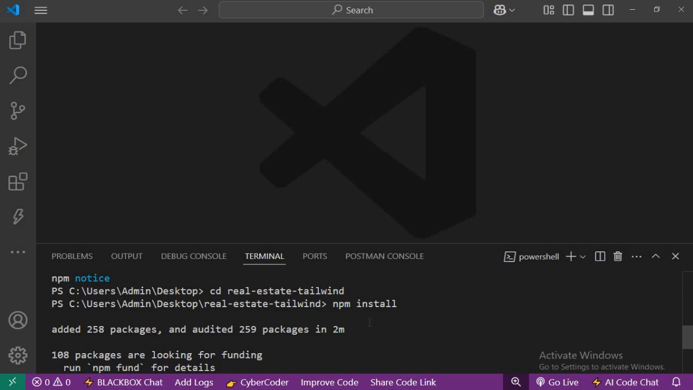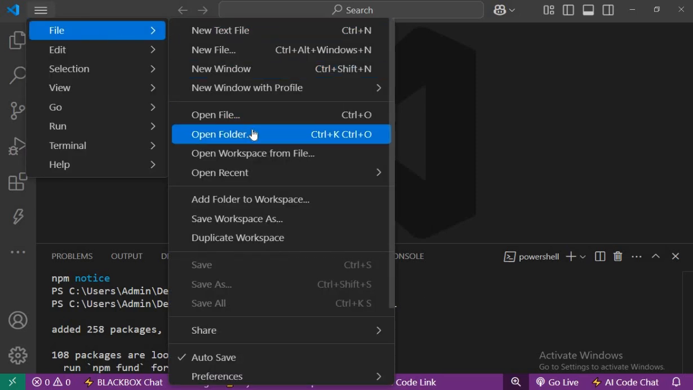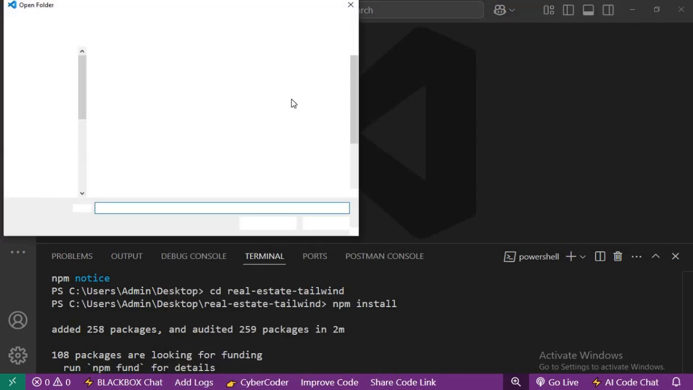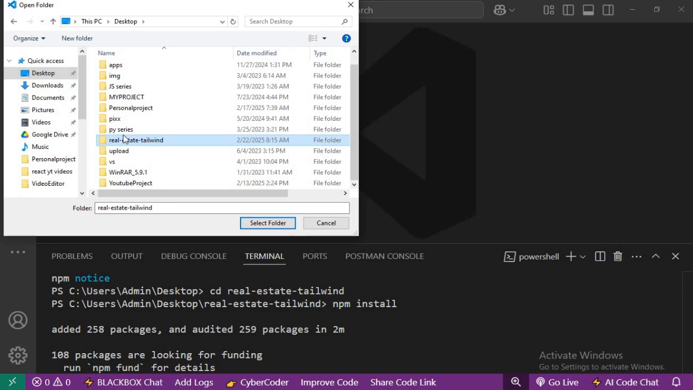So now our React app has been successfully installed. The next thing we're going to do now is to run npm run dev. But before that, we need to open our project folder in a new window. So we'll come right here, click on file, navigate to open folder, then click on desktop. In the desktop, we created this project folder, real estate Tailwind. Click on select folder, and a new window for your